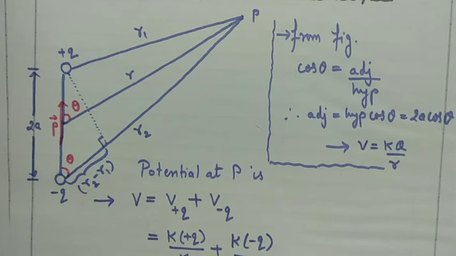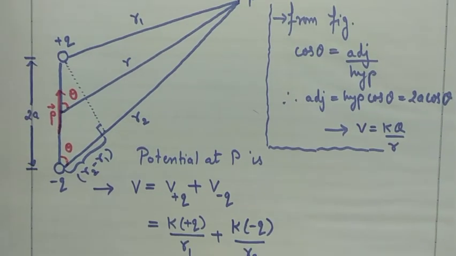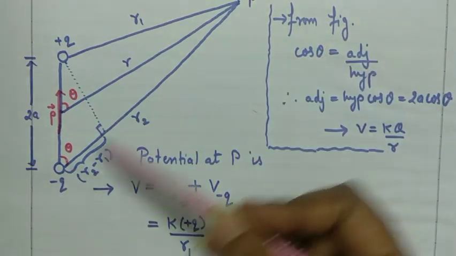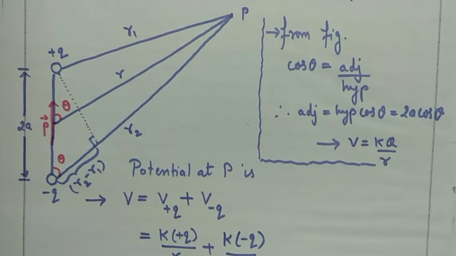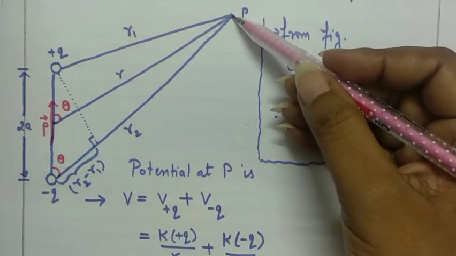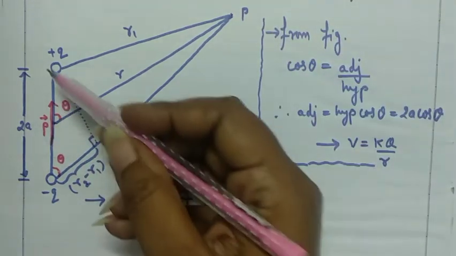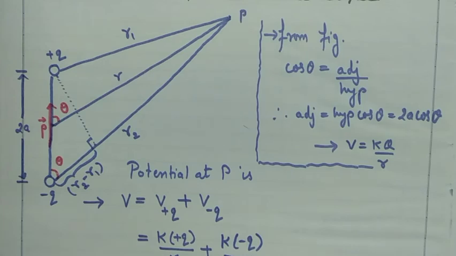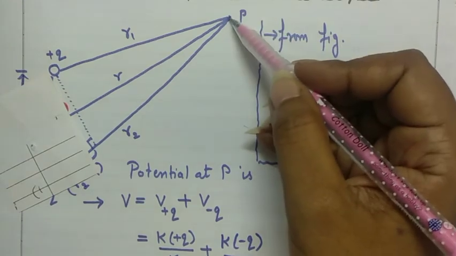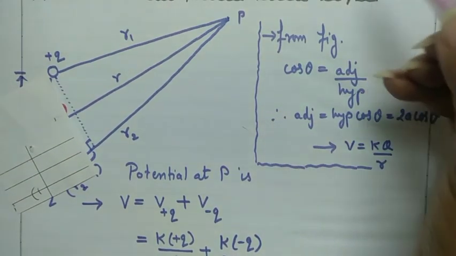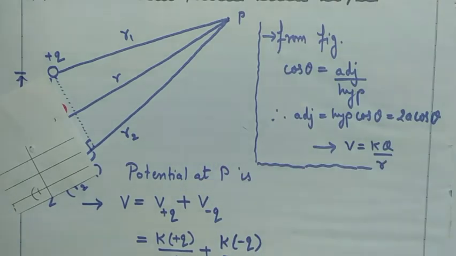Now I told you that at the end of the topic, we'll discuss why we plotted this perpendicular on this line R2 to obtain this difference R2 minus R1. See, here we wanted the difference between the length of these two lines R2 and R1, and we considered that this point P is very far away from the dipole. So now suppose if this much portion is not there, see, if this point P is very far away, then what we can say is that this angle theta is becoming very small, nearly it becomes equal to 0.